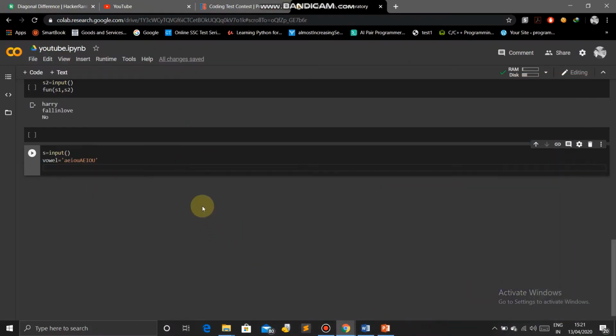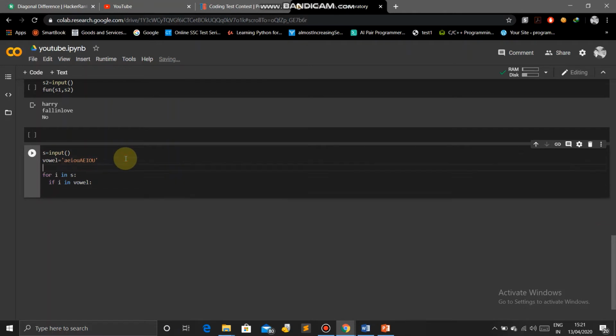So just create a for loop, for i in s, if i in vowel,